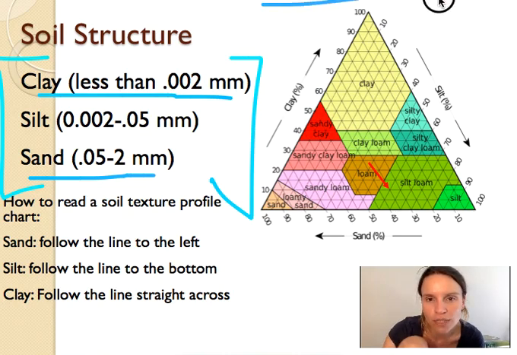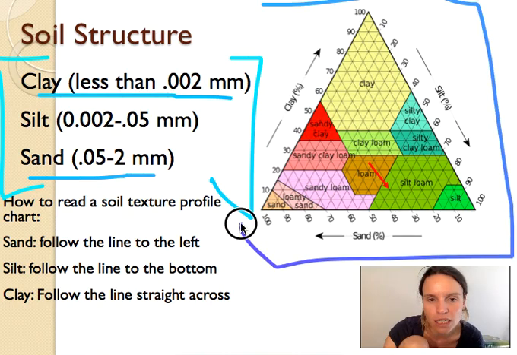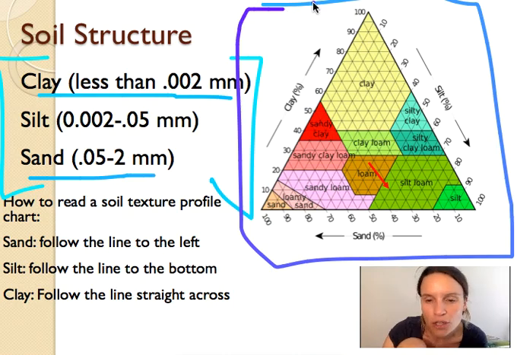And ecologists have created this soil system triangle that you can use to tell how much of different kinds of particles are in a given kind of soil. And sometimes on your IB exams, you are expected to be able to read these profiles. So let's take a minute to review how you do that. If we wanted to know the concentration of each kind of mineral in this silty loam soil here, we would